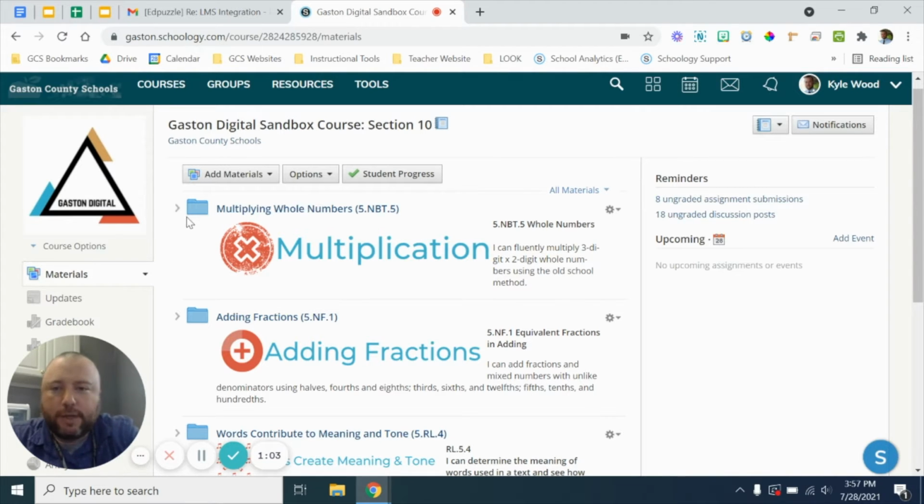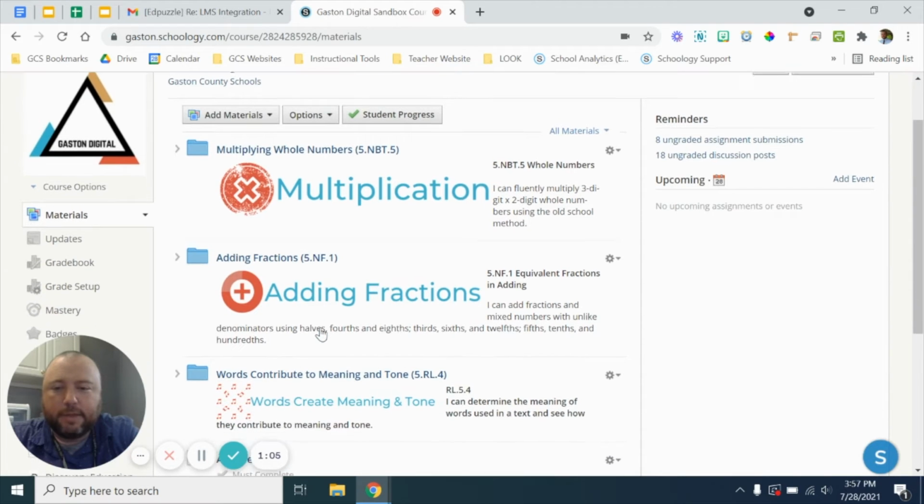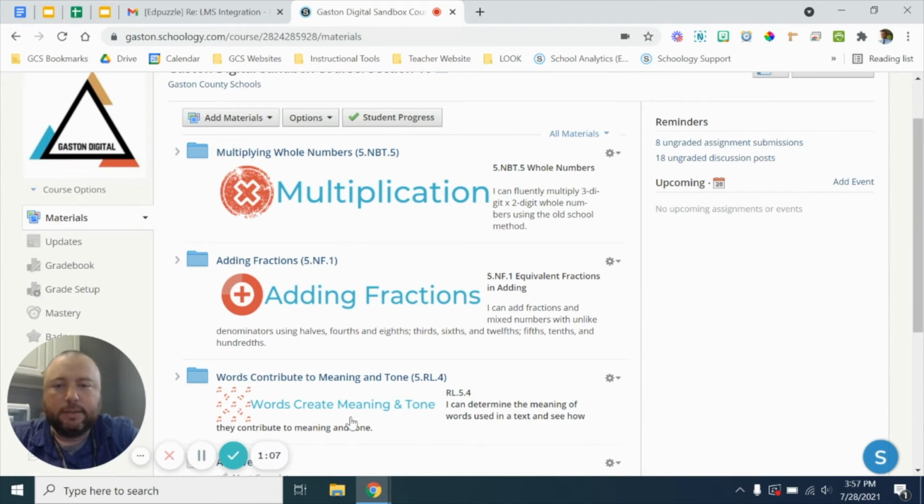So check out my folders here that I have, my top 3 folders. I'm just pretending that this is a subject course. I know I have some math and reading mixed together. I have my standard label here, and I have this labeled both the topic, that a student is not going to understand, and the standard, really more for me. If you'd like to add in Unit 1 or Unit 2, that's certainly okay too if it helps you find things better. Within that module or folder,